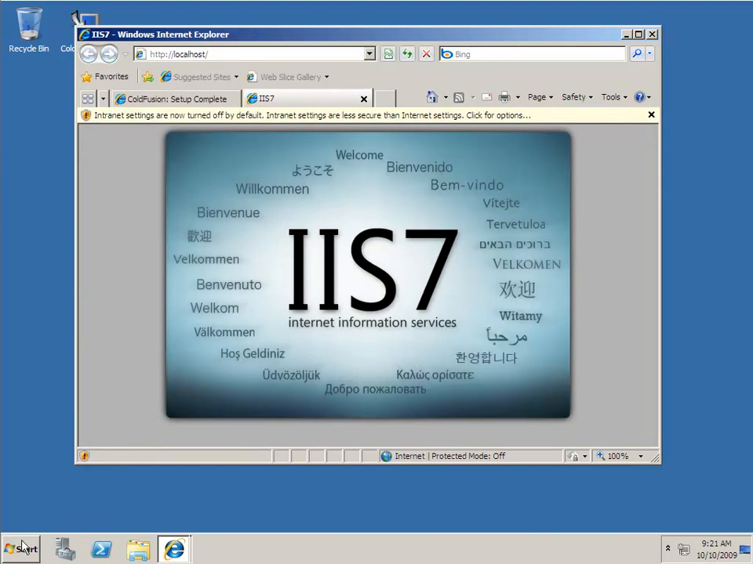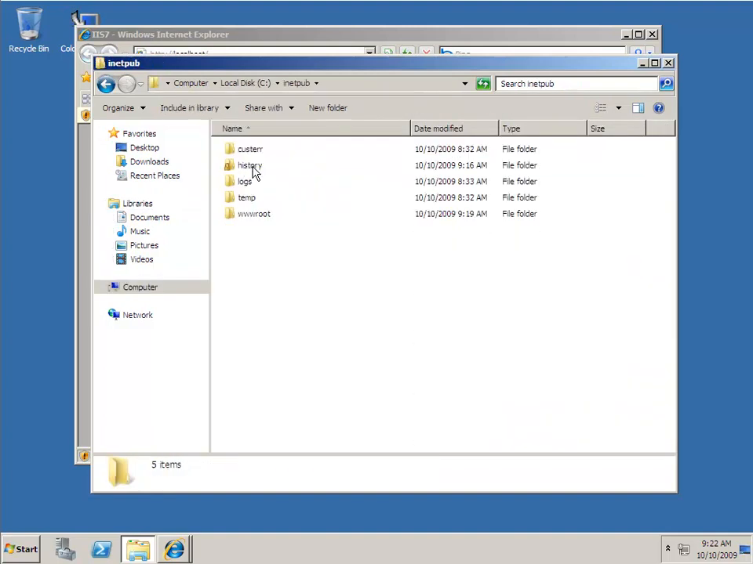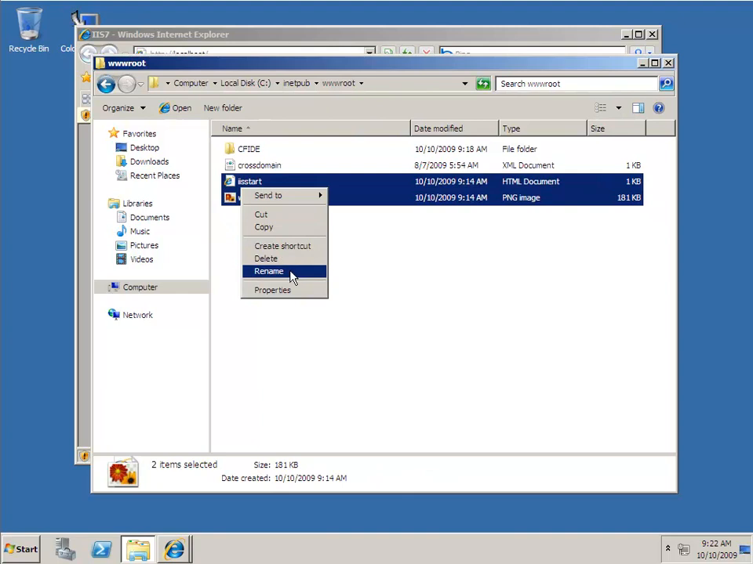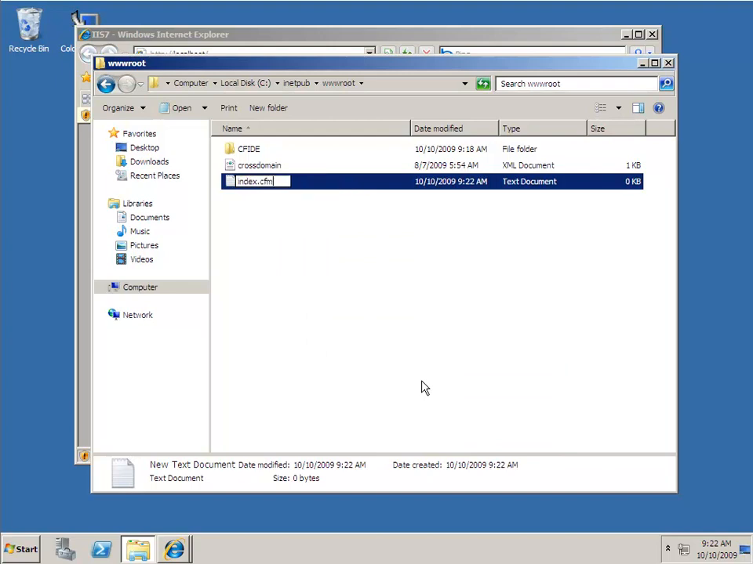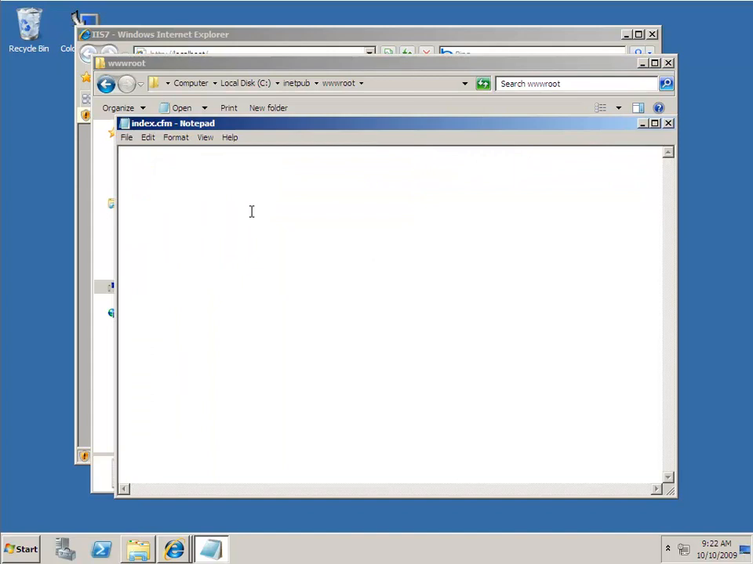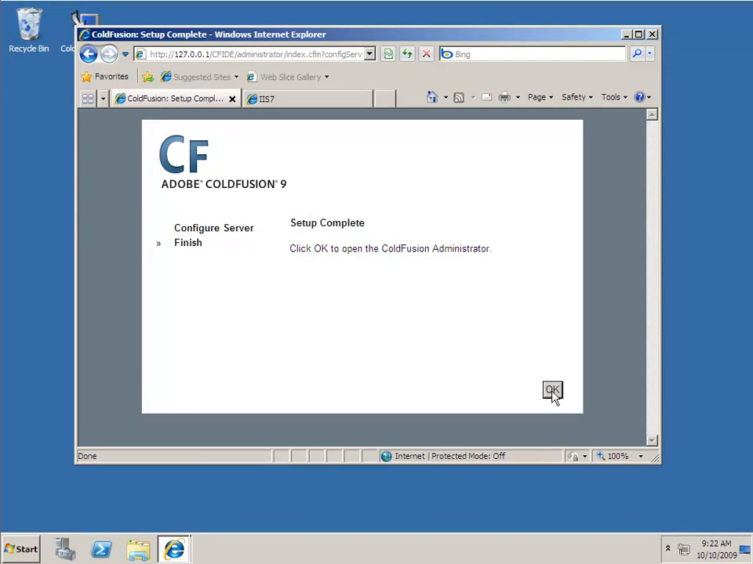And we still see we got the IIS 7 default page there, so I'm going to remove that. So we don't need any of that. Then I'm going to create index.cfm, and with CF9 we get cfdump within script, so I'll just dump out some server information. Save that, close that out. Okay, so the CF9 install is complete, so we can